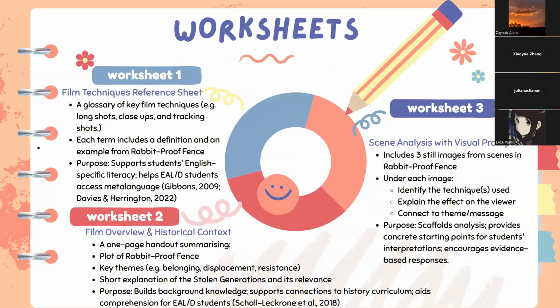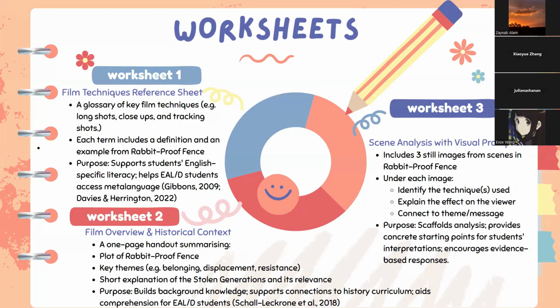To support this literacy activity, we've designed three original worksheets. The first worksheet introduces key film techniques. Students are asked to define each term and find an example from Rabbit-Proof Fence that illustrates it. This task is simple on the surface, but it's important because it builds metalanguage. As Gibbons 2009 reminds us, academic success in English depends on students having the words to describe what they notice. For EALD students in particular, being given vocabulary and being asked to use it in meaningful contexts makes the literacy